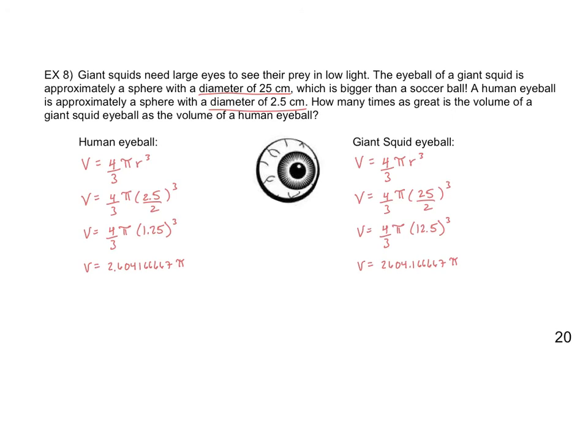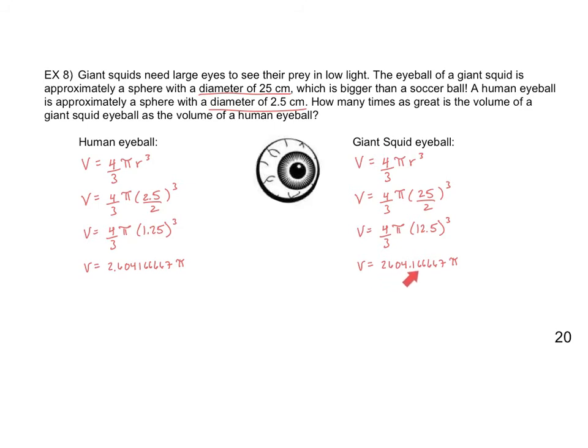All right, so let's check to see what we got. Again, I'm going to leave my answer in terms of pi, and I know you're probably getting a decimal. You're probably like, oh my gosh, this decimal is a little bit crazy, but you can see there's kind of a pattern with the results we get. For the volume of the human eyeball, I gave quite a few decimal places. I tried to follow the same number pattern as with the giant squid eyeball, stopping on the same 7 after a series of 4 6s. So for the volume of the human eyeball, I got 2.604166667 pi. And the volume of the giant squid, I got